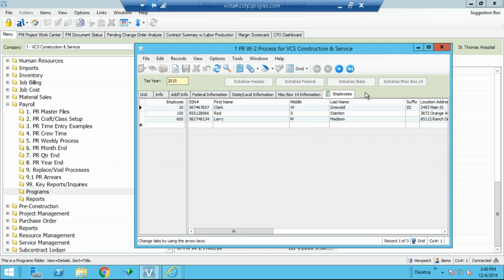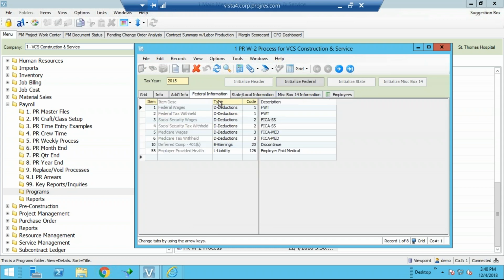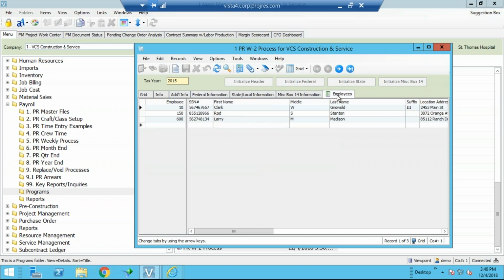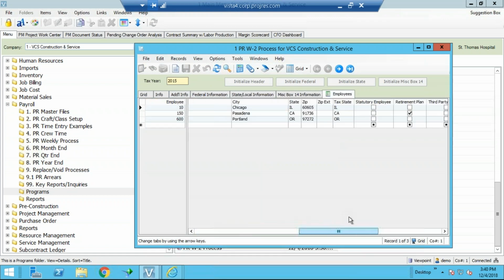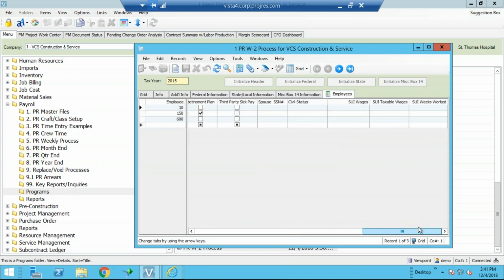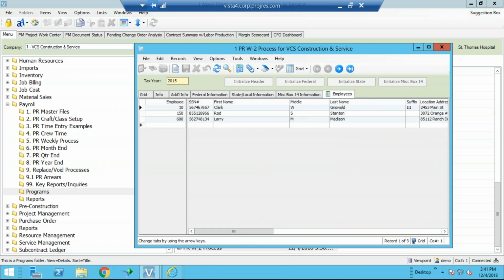They come in when you initialize, but I've already initialized them. I'm trying to think of at what point they did. It was in the federal. All your employees will come in. So I've only got a few people in this case that populated after doing all these initializations. If you want to see, there's a report I'll show you in a minute,